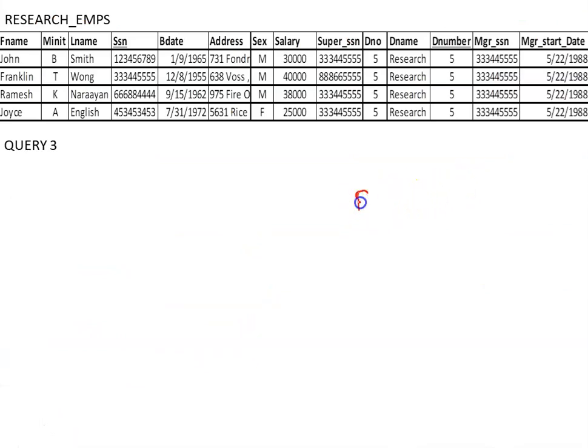On research employees, I apply the project operation and pick up the name and address of those employees who are working for the research department.